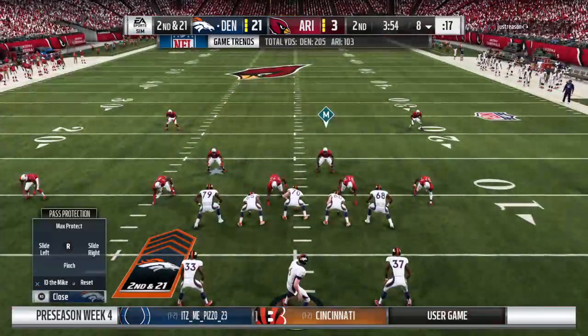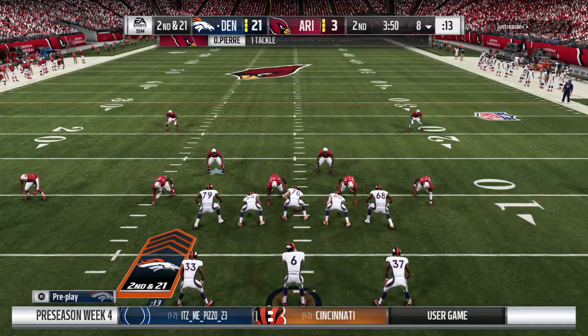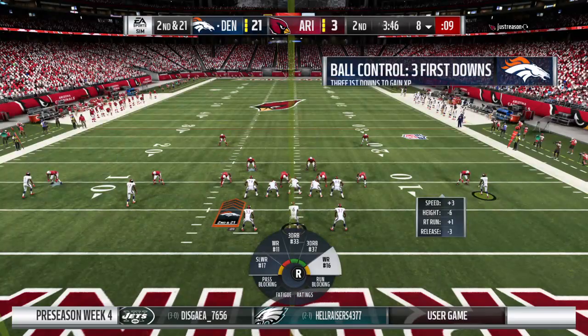Gone, gone! Gone, gone! Over, over! Over, over! Gone, gone! Gone,